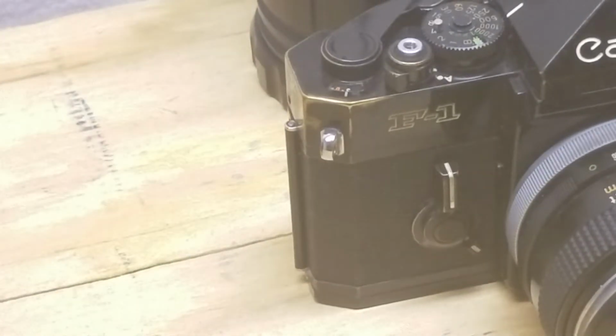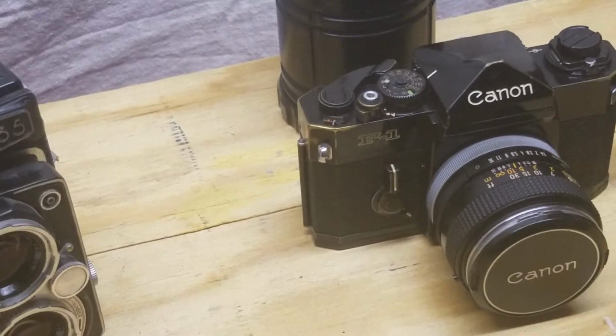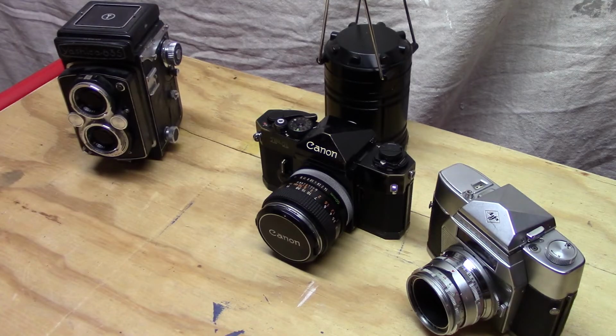And when I press to focus, I'm pressing to focus on the F1. Here I'm pressing to focus on the Canon, and then I'll come out again. Here I'm using the Canon